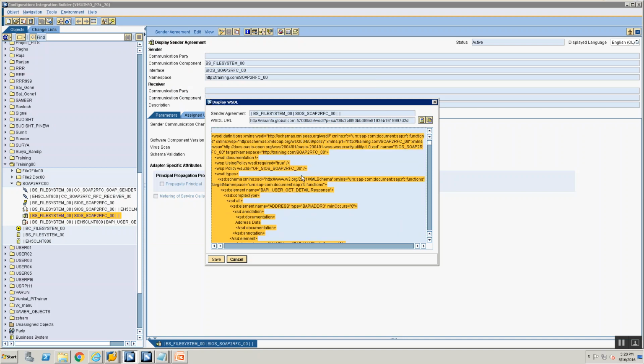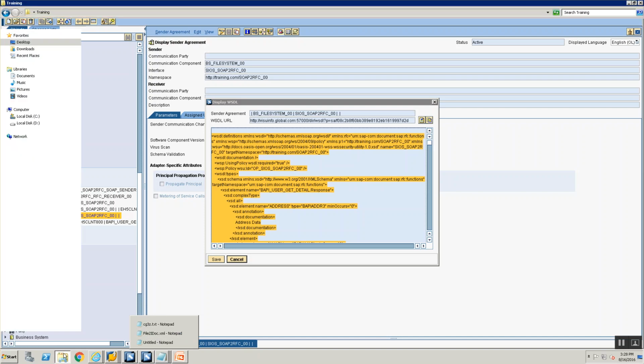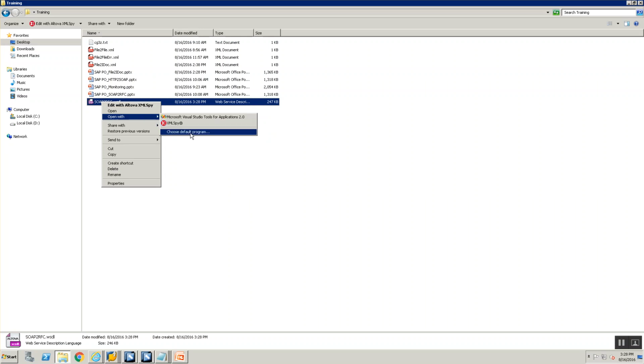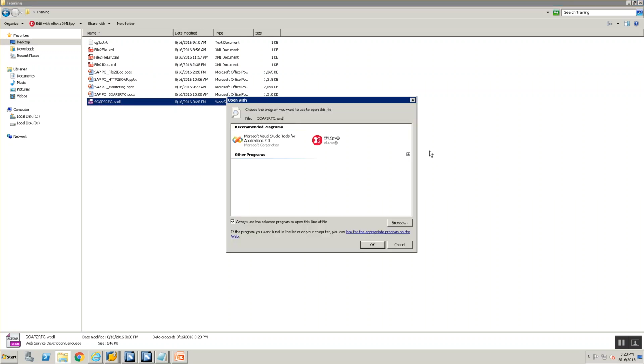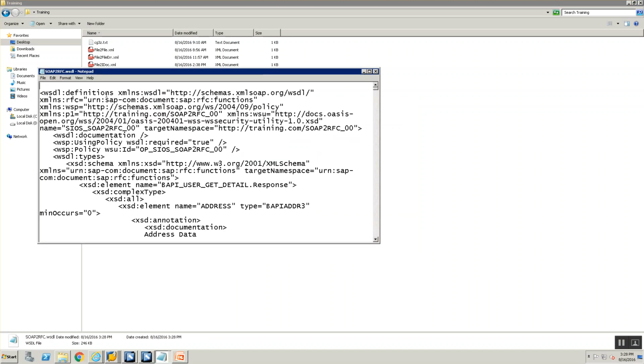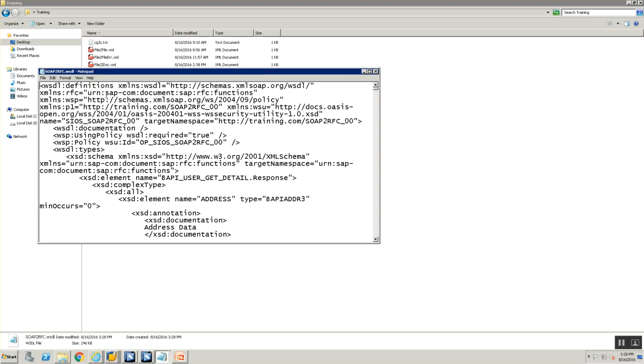Okay, so copy the WSDL and again put it into a notepad, and when you put it into a notepad, save it with an extension that is WSDL. Okay, and now open it with notepad. Don't open it with any other software. And this is my WSDL. Make sure there's no space at the top.